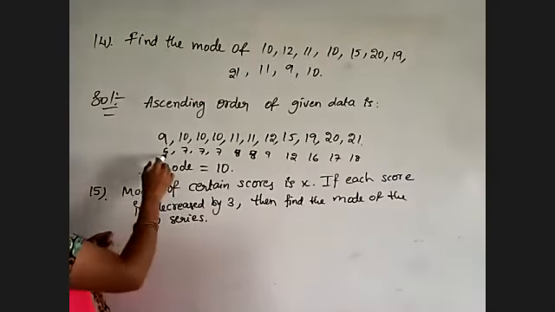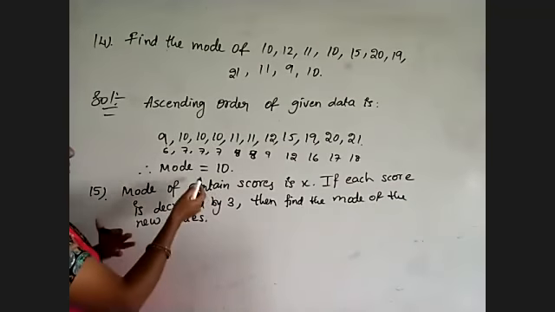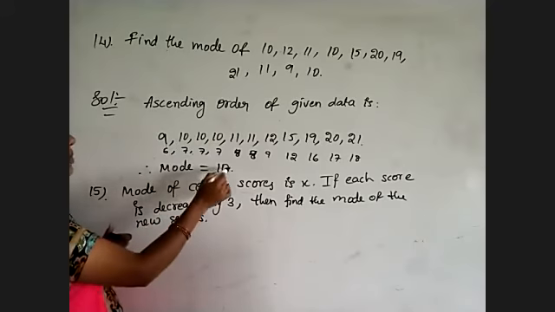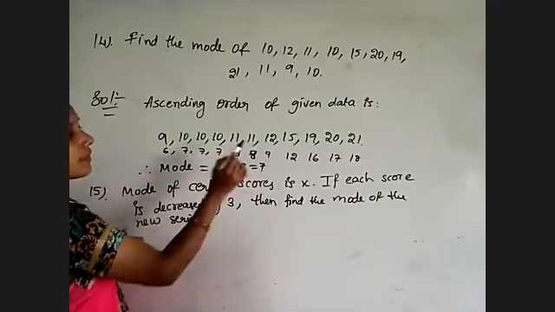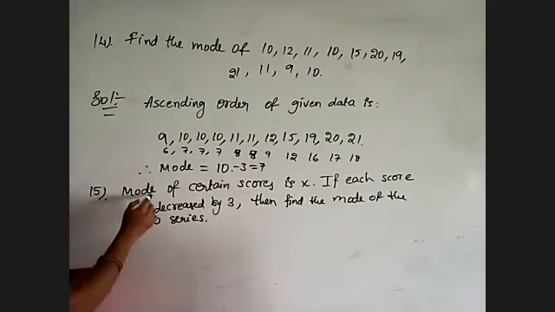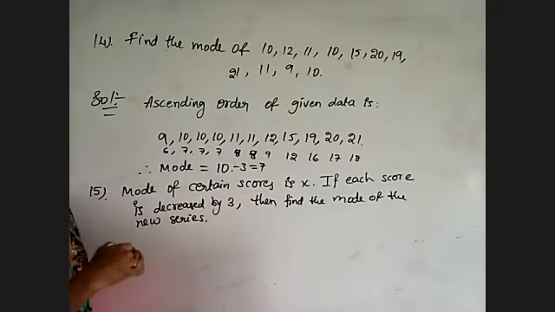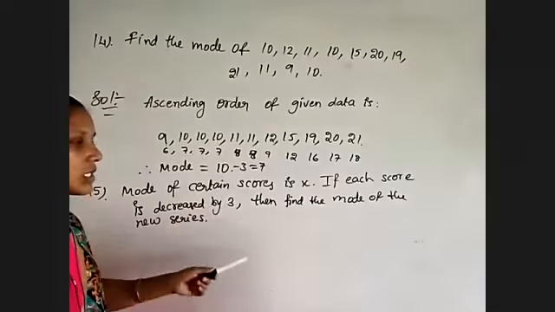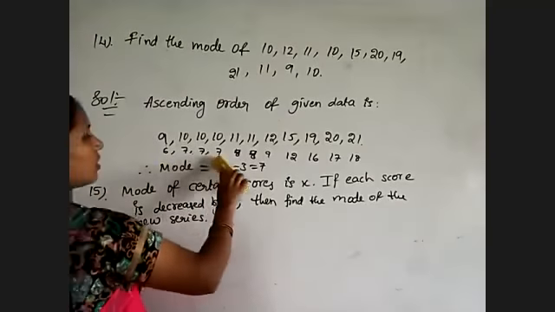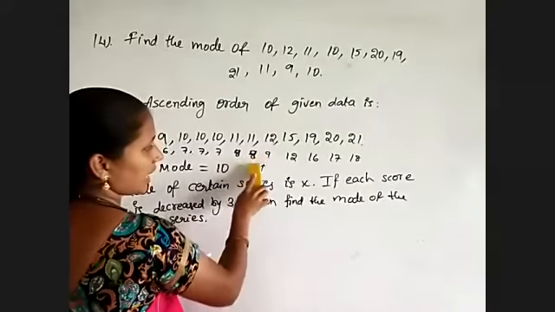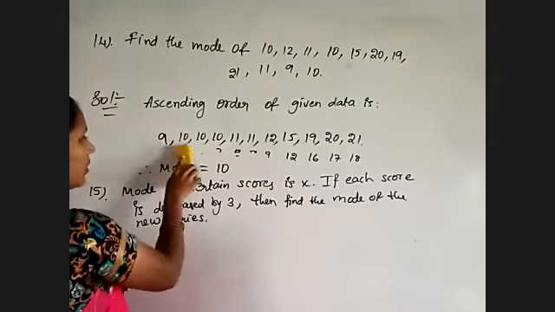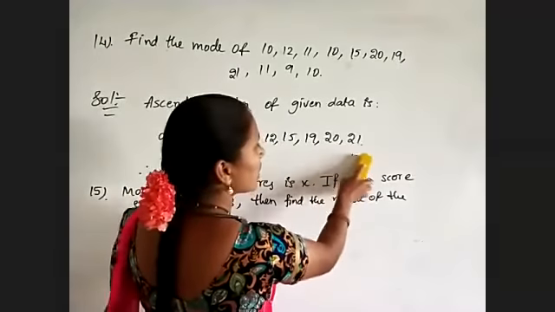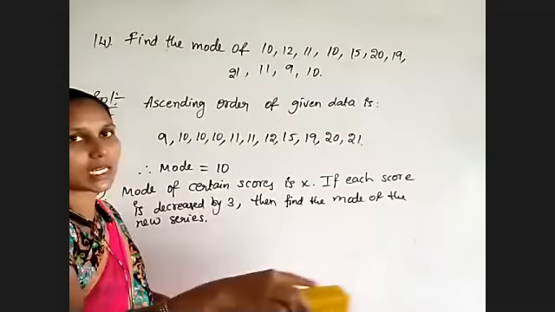Now just observe after checking also, which number is coming more number of times? 7, which means mode minus 3, which is nothing but 7. Yes or no? So here they have given mode of a certain score is x, and each score is decreased by 3, means mode is also decreased by 3. That's all. For that sake only I gave this example. When each observation is decreased by the same number, then the mode also decreases by that number itself.